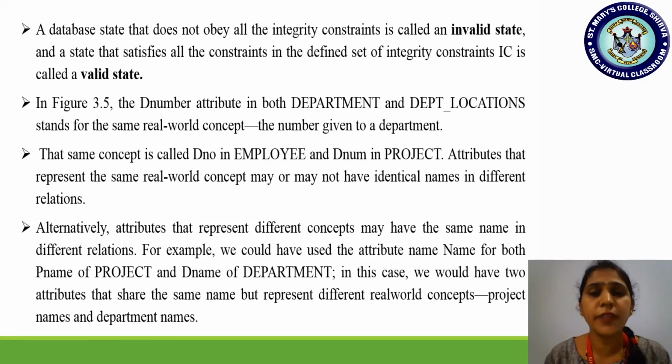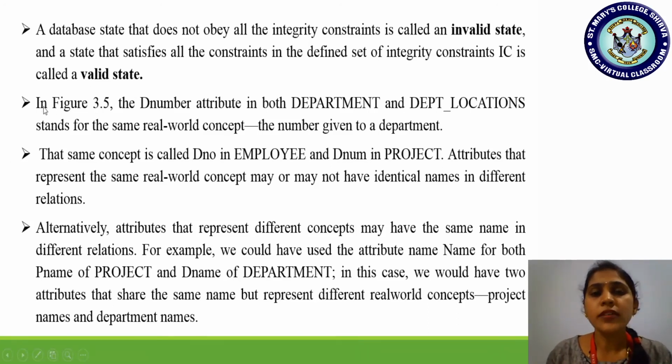If you are giving the information like this, and A1 is the department number, if A1 exists, that also matters. So if you simply give something like XYZ, and the XYZ department number doesn't exist, it is an invalid state, right? So employee 101 works in department A1. A1 is a valid department number. E101 is a valid employee ID. So there exists such an employee. It means the database is satisfying all the constraints in the defined set of integrity constraints, and we call it that it is in a valid state.